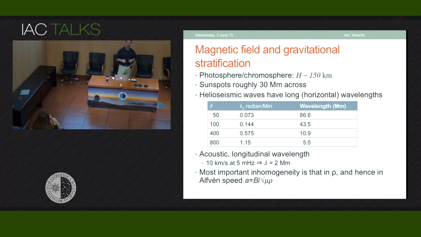This is related to the concept of the plasma beta, which is a terrible concept. I think it should be banned by the United Nations. Because everybody is always talking about the beta equals 1 layer. Everything happens at the beta equals 1 layer. Can anybody show me anywhere in the equations of magnetohydrodynamics where beta occurs? Beta is nothing. Beta is the ratio of the gas and the magnetic pressure, and it has no effect